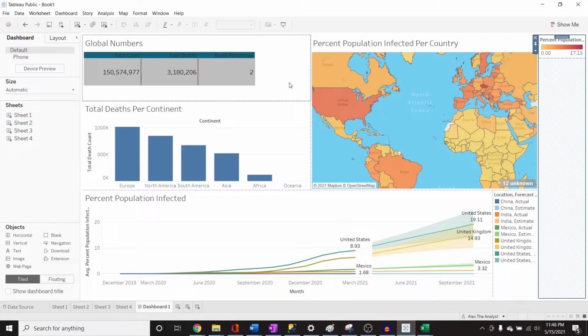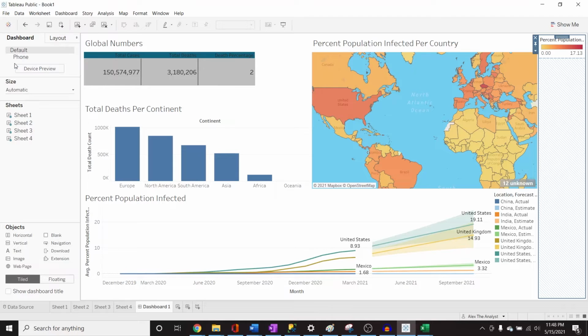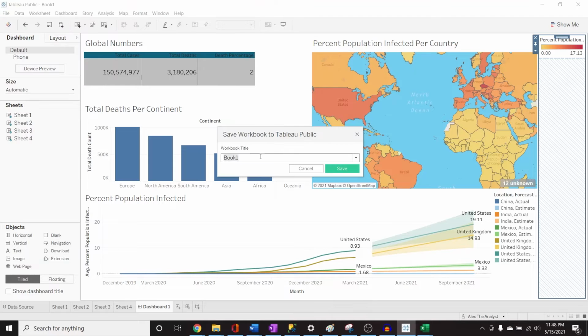Now let's say, okay, I finished my dashboard. I want to share this to LinkedIn. I want to share this as a portfolio project on my resume. How do I do that? So simple. We're going to go to File. We're going to do Save to Tableau Public As. It's going to basically ask what the name is, and I'm going to say,